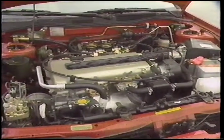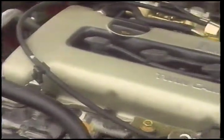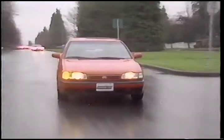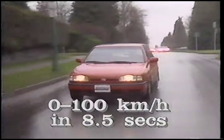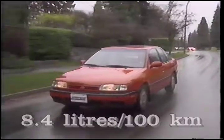As a sporty luxury car, the G20 gets the job done quite well. There's a very sweet 2-litre twin-cam 16-valve 4-cylinder engine under the hood, and it revs happily and responsively with just a touch of the throttle. You should hit the benchmark 100 km/h level in 8.5 seconds or so, and our car's 5-speed gearbox made getting there a real pleasure. Fuel economy is tagged at 8.4 litres per 100 kilometres in all-around use, according to Transport